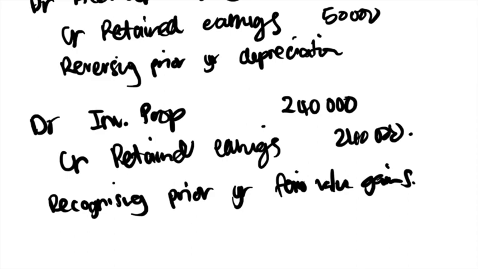Okay, and those would be the adjusting journal entries that we need to process in order to recognize the effect of the change in the accounting policy. We would also have to probably recognize a journal entry for the reclassification of the property because it goes from the cost model onto the fair value model. So we just have to recognize that property, reclassify it as investment property, but we'll just do that in our disclosures.